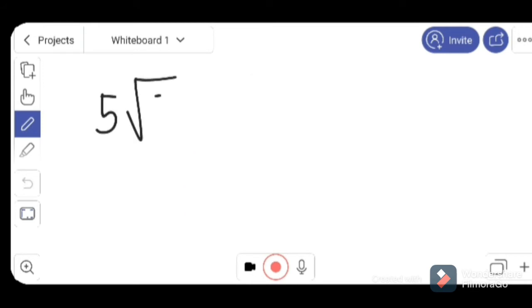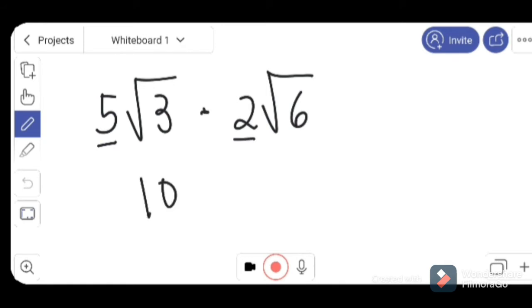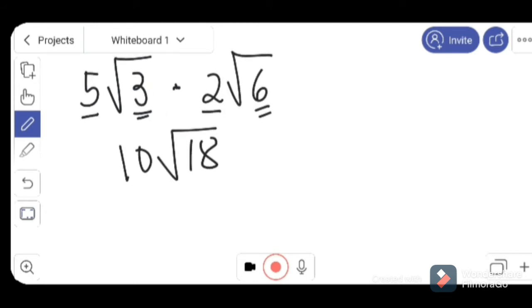5 square root of 3 times 2 square root of 6. So first, we multiply 5 and 2, we have 10. And then, square root of 3 times square root of 6, we have square root of 18. Take note that square root of 18 can still be simplified as